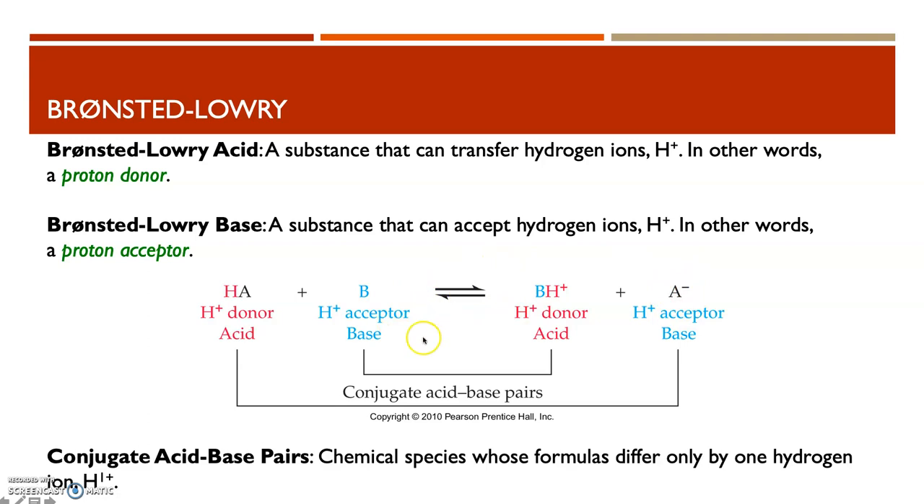Within the pair, we call them an acid-base pair because this base is a base. It can accept a proton. And this species is an acid because it can donate this proton away. So we have an acid and a base, a conjugate pair. Those molecules look exactly the same except for an extra proton or extra hydrogen. So conjugate acid-base pairs are chemical species whose formulas differ only by one hydrogen